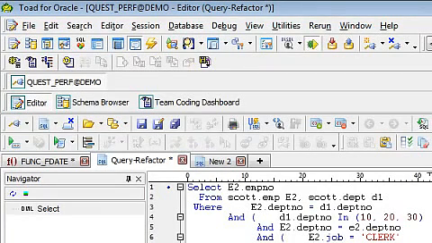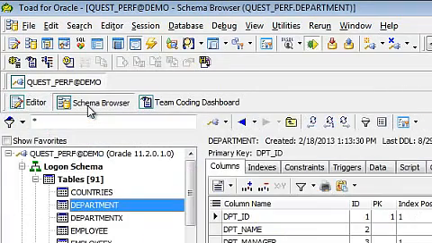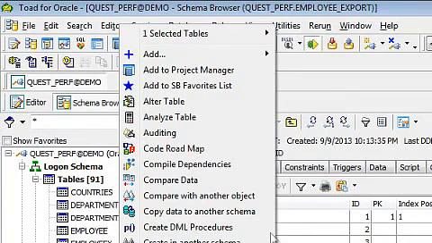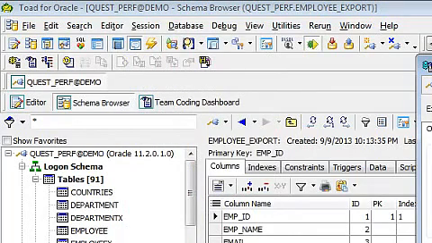and much better in terms of performance tuning. Another feature that has been added in Toad 12.1 is an ability to export or import data from an ODBC data source. So if I right click on any table and say export data,